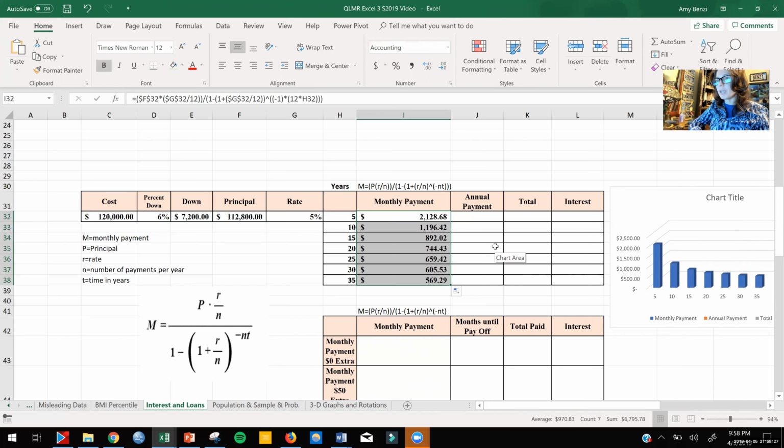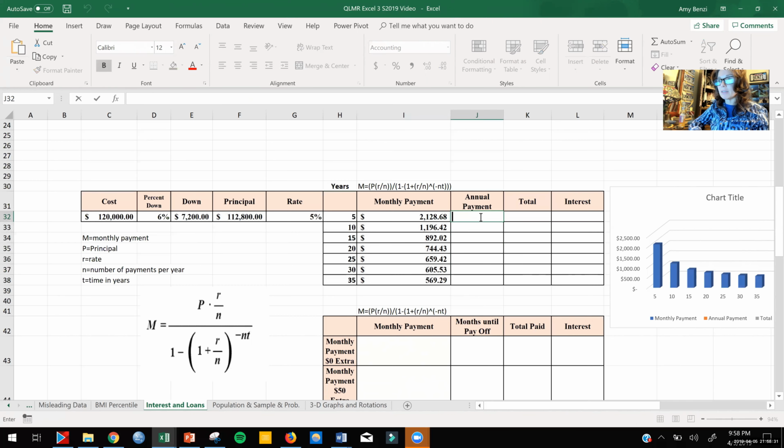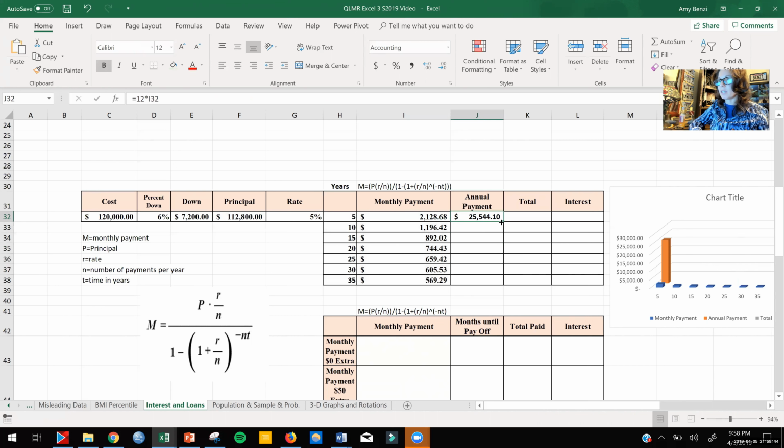So now we need to figure out our annual payment. Well, what does annual mean? It means per year. How many months are in a year? Well, that's going to be 12 months times my monthly payment. That's how much I'll pay each year, right? So now,